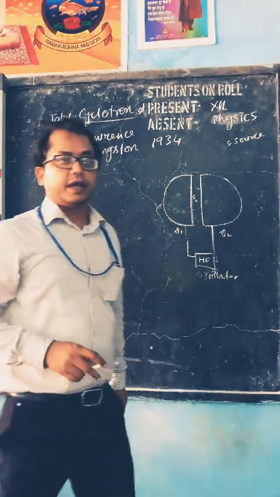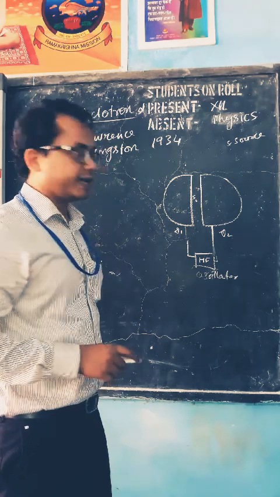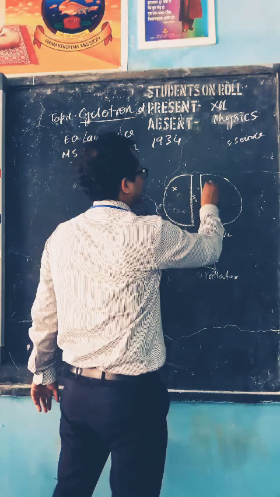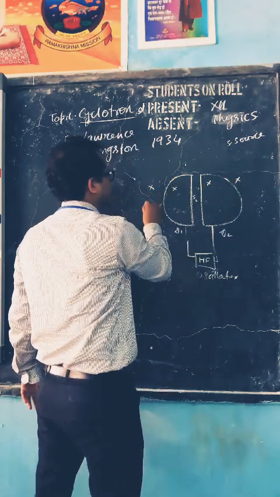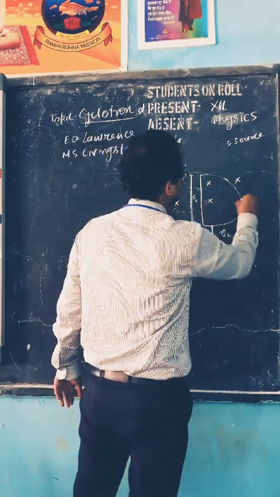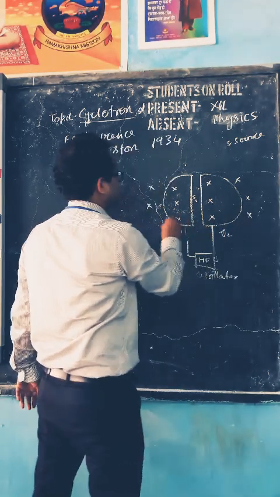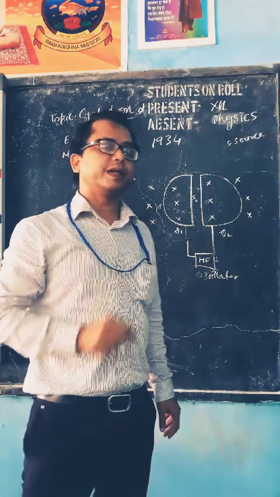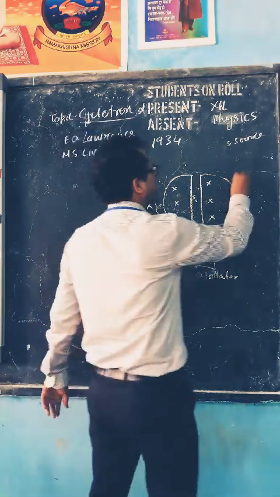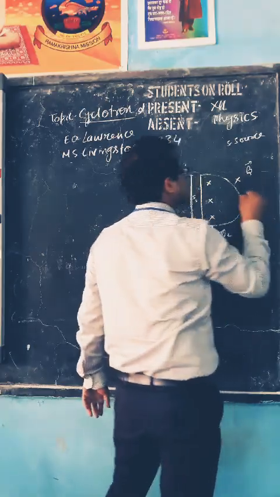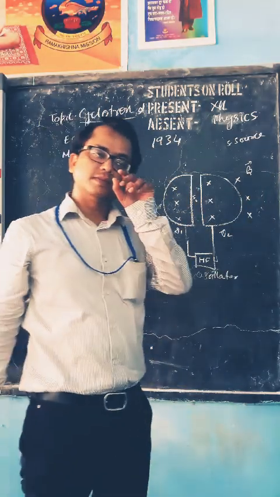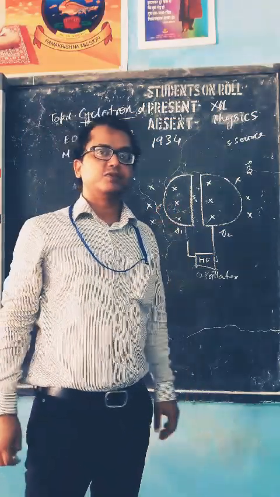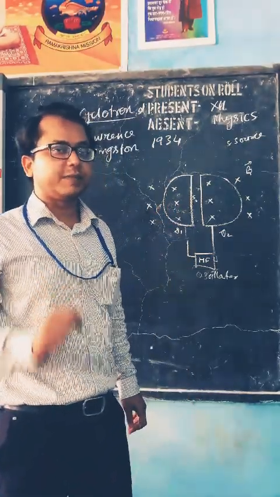Now, it also consists of a magnetic field. So this is the cross sign. These cross signs indicate the magnetic field lines. If we write a cross, the cross indicates that the vector is going away from you. So here the magnetic field is going inside the board. Now you can see that it has both an electric field as well as a magnetic field.